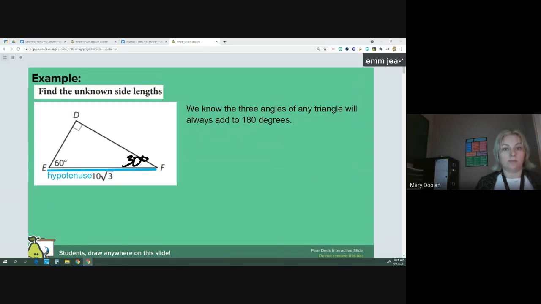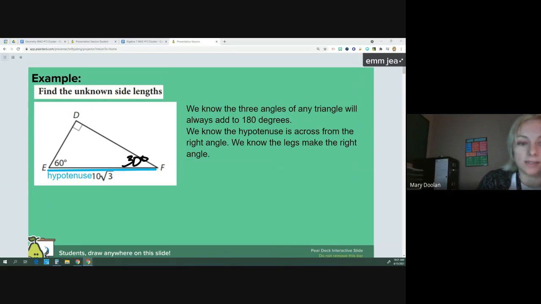Let's see, we know the hypotenuse is across from the right angle. We know the legs make the right angle. Okay, and of those two legs,